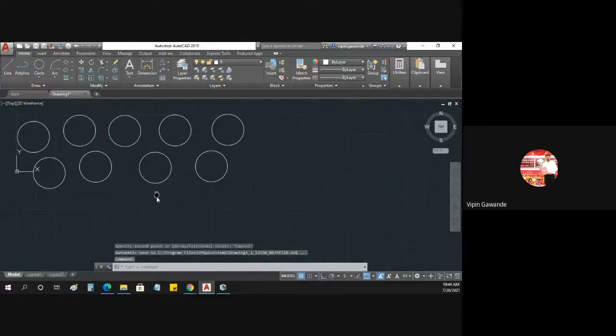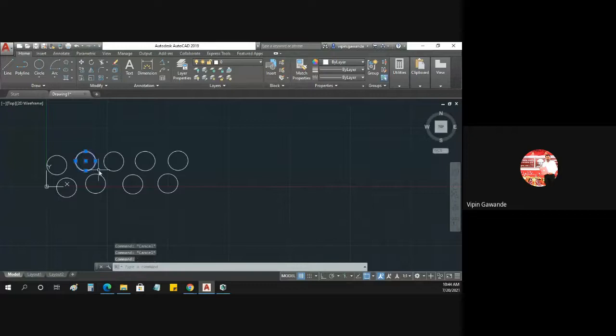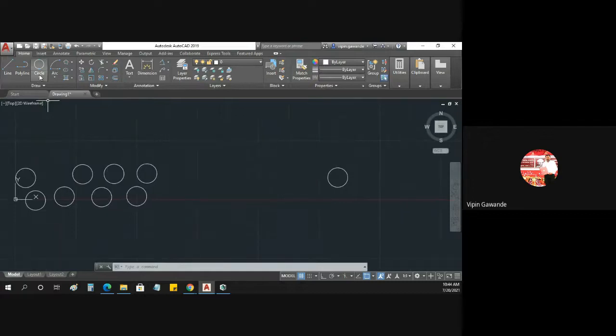In the copy command, we can make a copy of that particular entity. Now suppose I want to move this circle from here to another location. Which command do I take? The move command. I want to move this from this point to here. When I move that circle, that circle is not there anymore; we have taken it to another location. That is our move command.